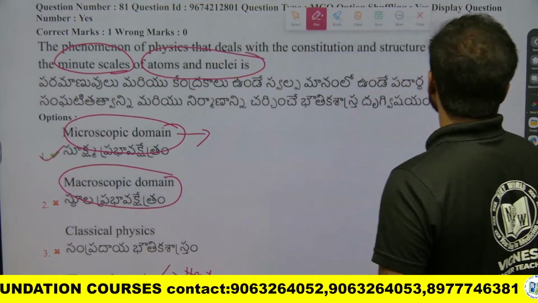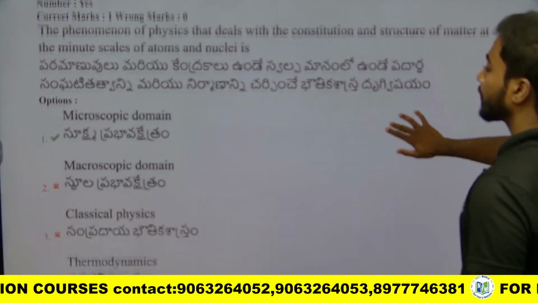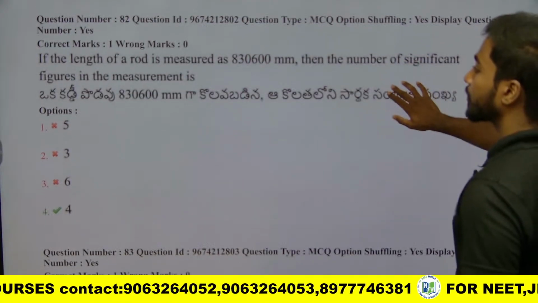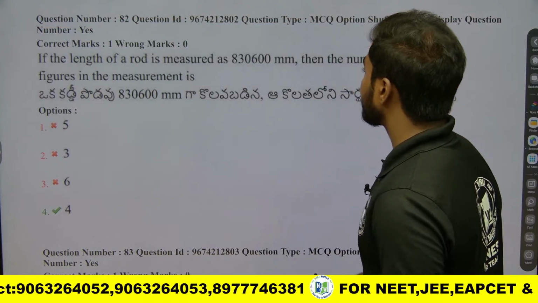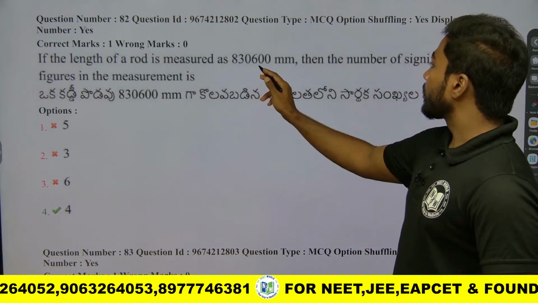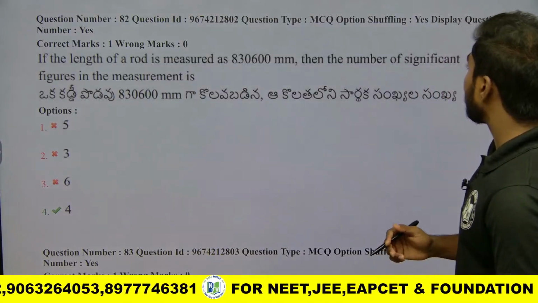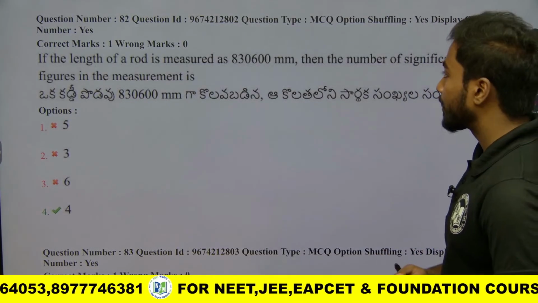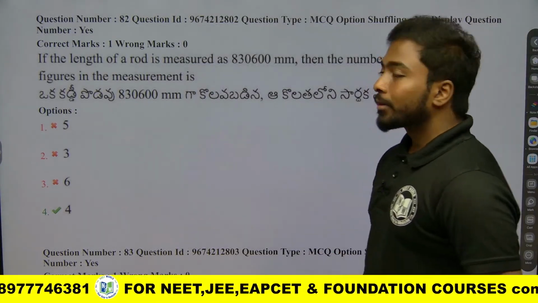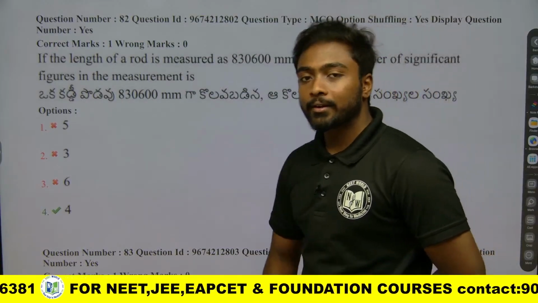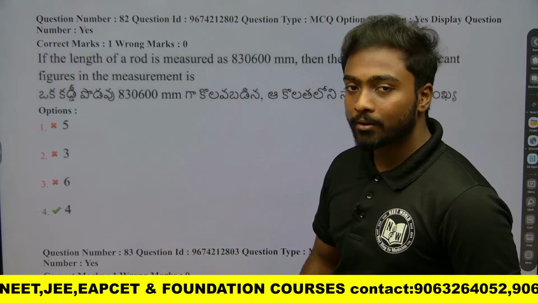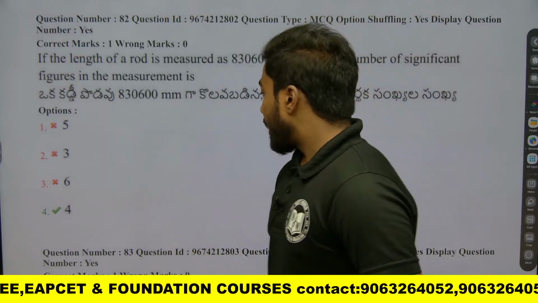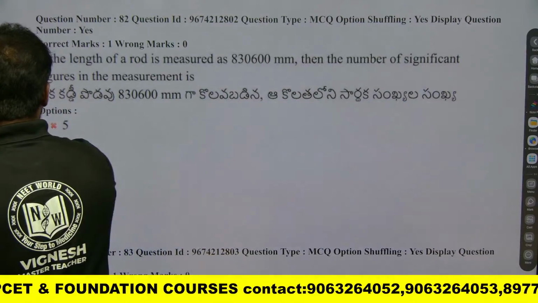When we go to the second question. Okay, if the length of a rod is measured as 830600 millimeter, then the number of significant figures in the measurement. Okay, so we know that the non-zero numbers are significant, we can count them, and the zeros between non-zero numbers are also significant. And if you see this one now,